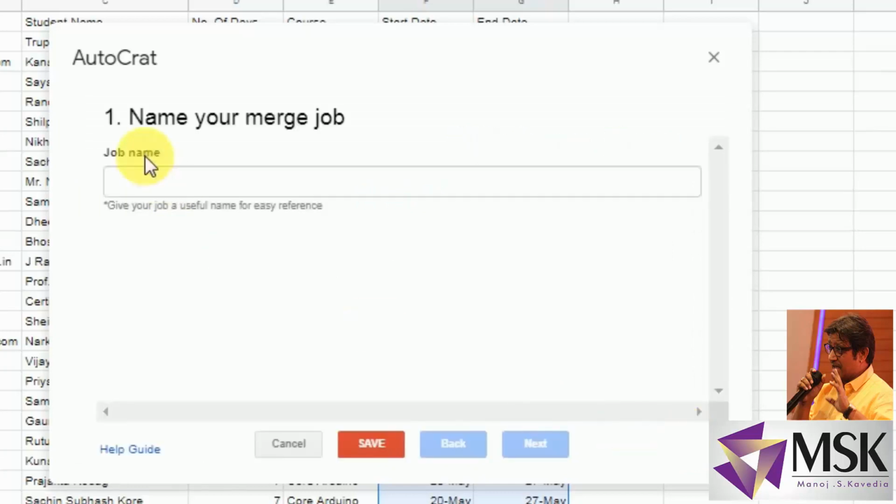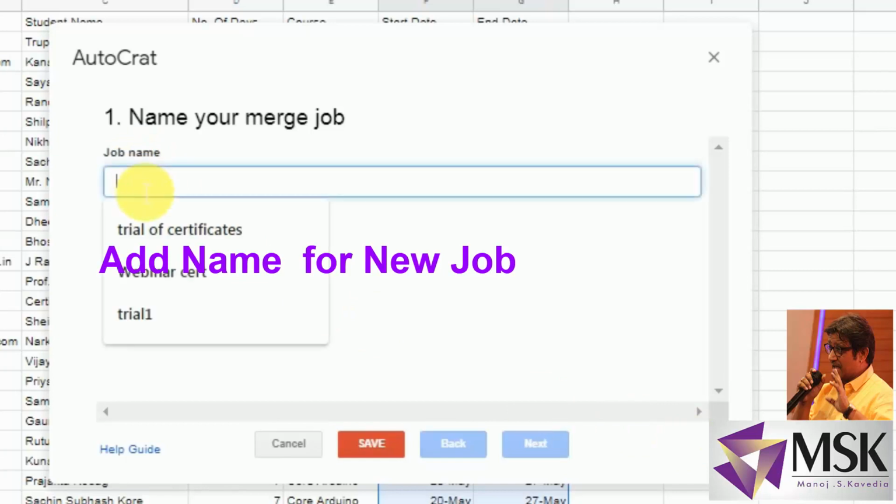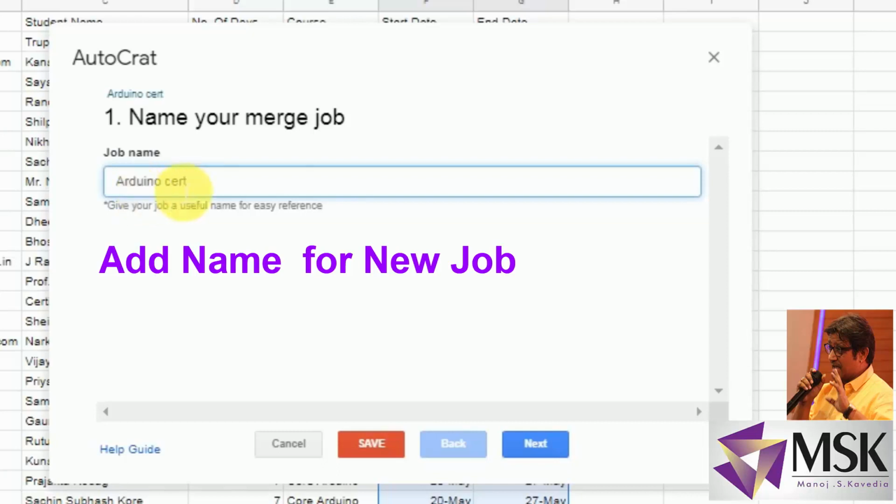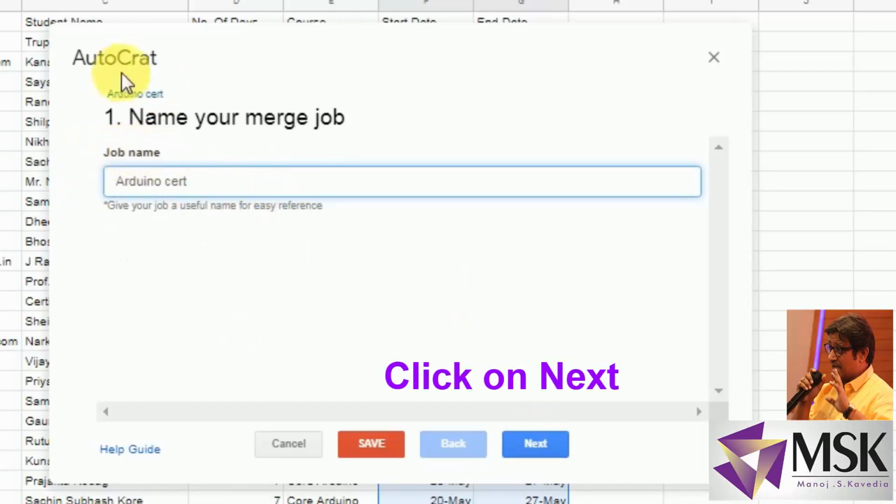And now give the name to this new merge job. Now it is telling merge because I am merging all the different fields. This concept is similar to what is there in Word, which is called as mail merge. So I have given the job name as Arduino Cert. You can give the name as per your choice. Click the next. Now choose the template. Now you can even create the template here.